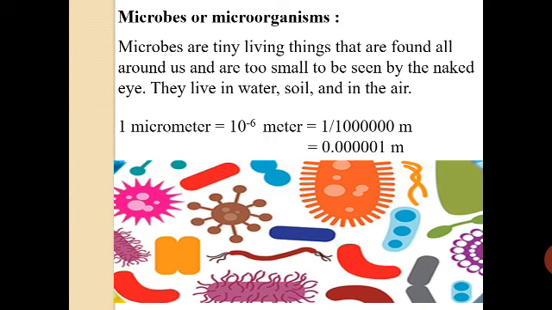And next thing, you should know the meaning of micro. In general, if you take the example 1 micrometer, so 1 micrometer is equal to 10 to the power minus 6 meter, which is very small, 0.000001 meter. So this is the dimension of micro. So micro basically means 10 to the power minus 6, which is a very small dimension, and that's why we are using this micro in this microorganisms.